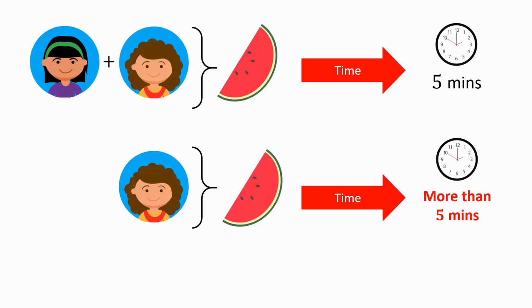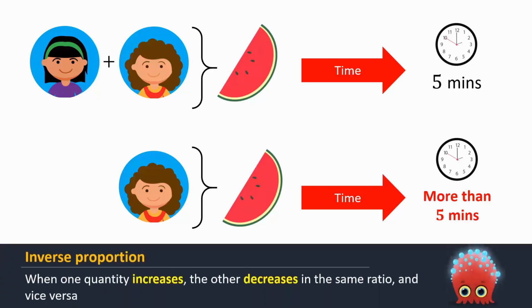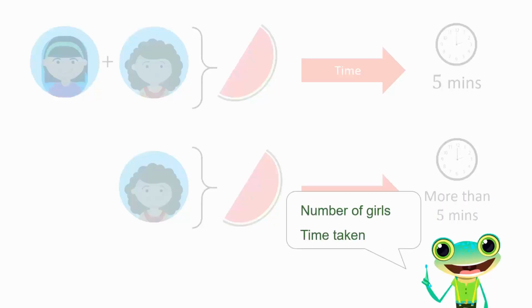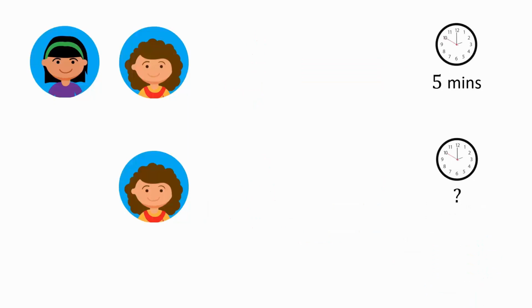the same slice. In other words, the number of girls is inversely proportional to the amount of time it takes to finish a slice of watermelon. If we increase the number of girls, the amount of time to finish the slice of watermelon will decrease. To calculate the amount of time it will take for one girl to finish a slice,